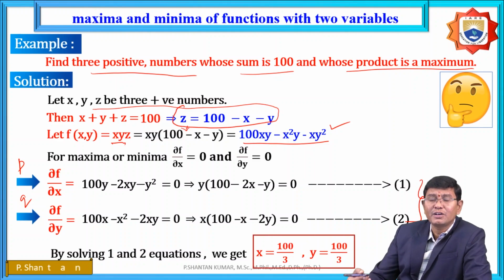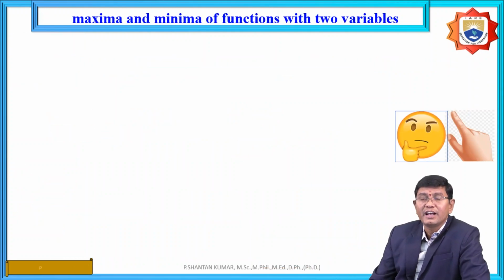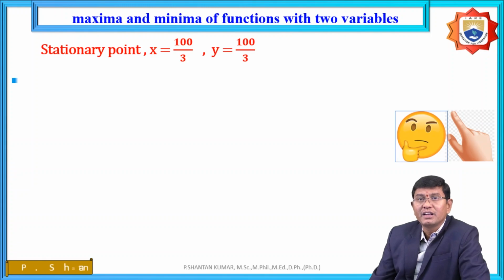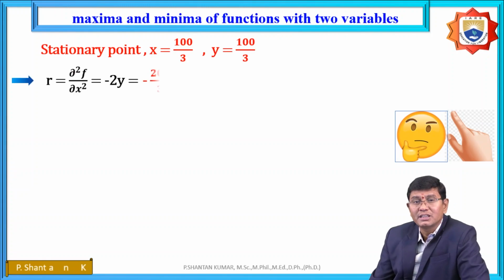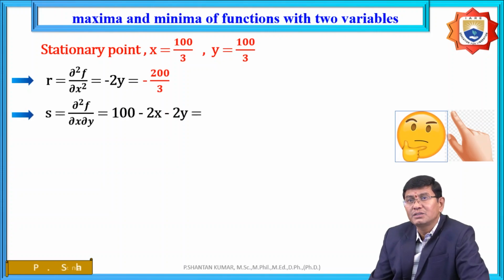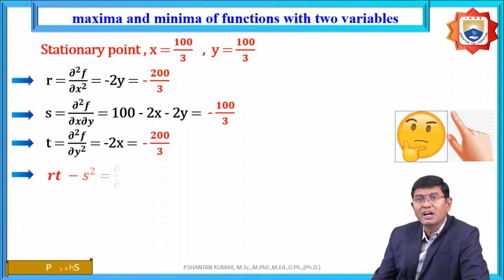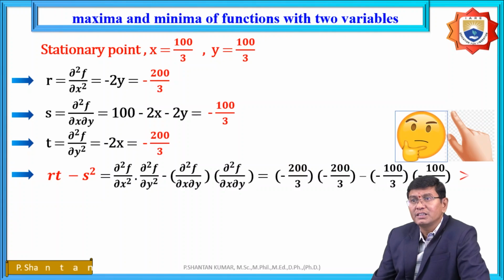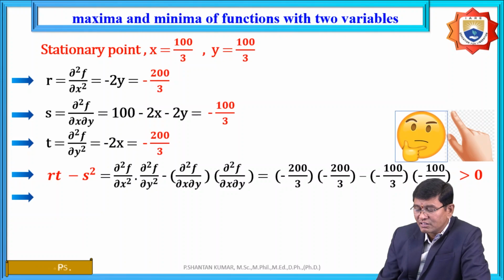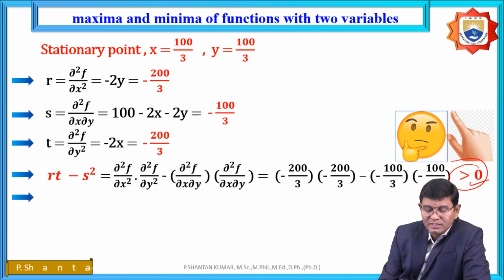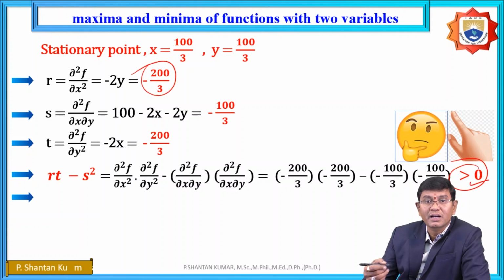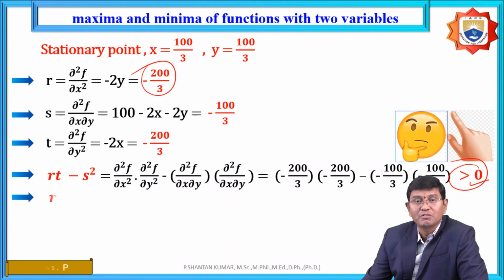And further, we need to substitute these stationary points into the functions r, s, t. As we know, r after simplification is minus 200 by 3, and s is also obtained after substituting and finding the derivative. And here rt minus s square is greater than 0 after simplification, and again r is less than 0. As we know, the condition is that it is a maximum function,